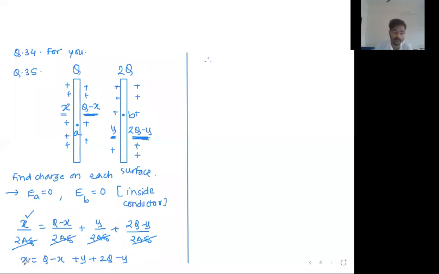On the left hand side we have x. This minus x goes on the left hand side, will become plus x. This q, this 2q will become 3q. This plus y minus y gets cancelled. So 2x equal to 3q and x equal to 3q upon 2. That's the answer. So this value is 3q upon 2. First answer over. Up to this, reply in the chat box clear and written.